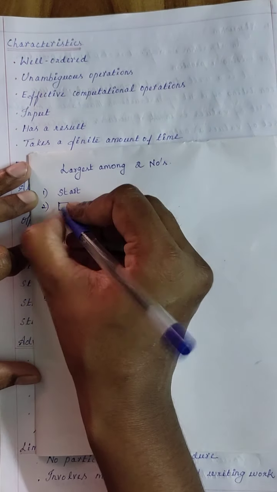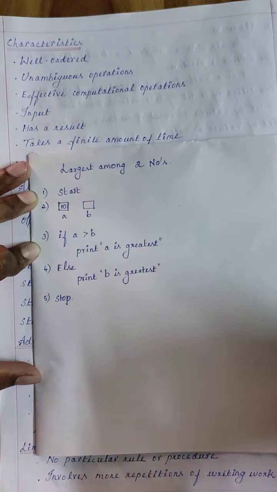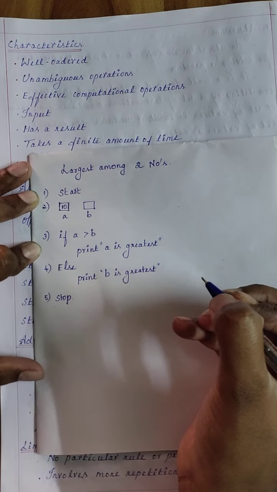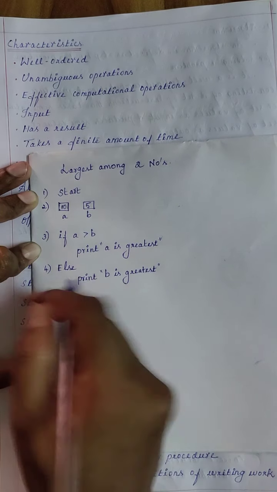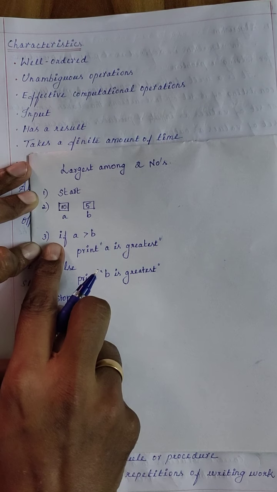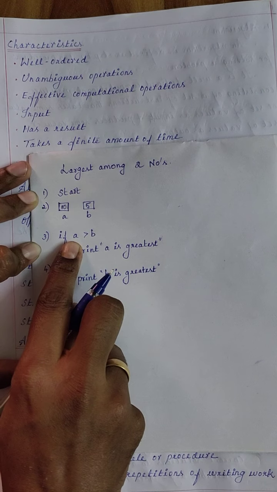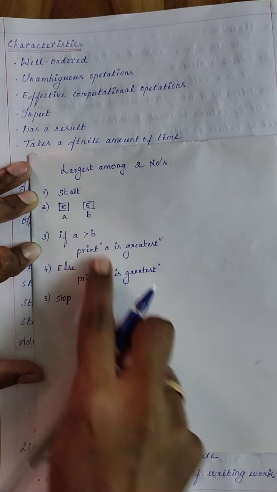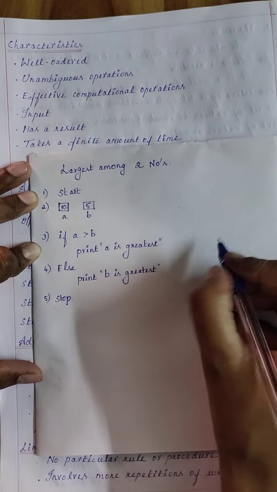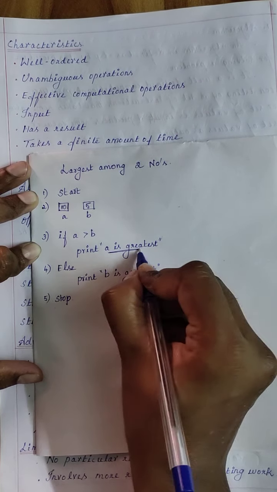See, let's say I'm just going to give some value for A. I'm going to give the value of A as 10 and the value of B as 5. Okay, so just trace this. What's the value of A? A is 10. 10 is greater than 5. Yes, the condition is correct. Therefore, the output we are getting is A is greatest.